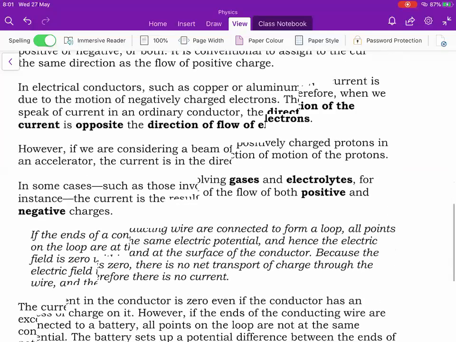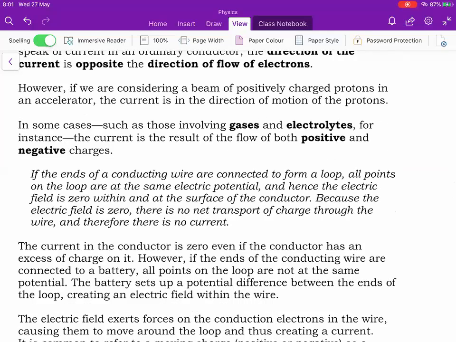Okay, so you will also come across some situations where both positive and negative charge carriers are involved in the current. A good example of that is a battery. In a battery, there are anions as well as cations. So both participate in the current. ठीक है, दोनों के करंट को individually calculate करके add करेंगे, that will be the total current through that system.